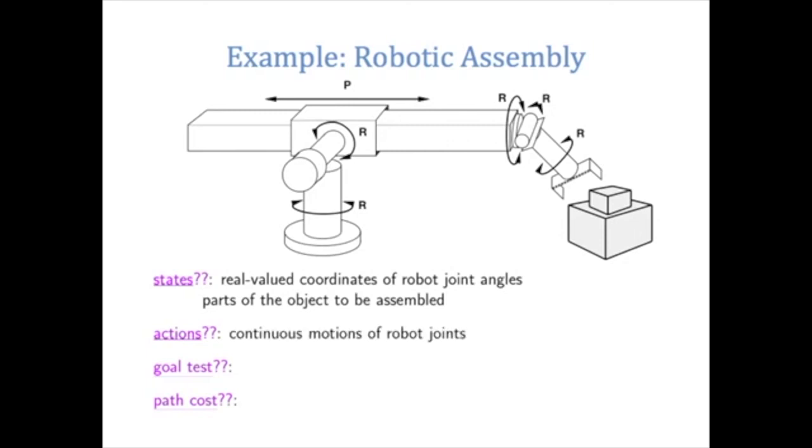The actions are continuous motions of robot joints, so we're going to have to talk about time and speed, things like that. The goal test will have to be the complete assembly, with the robot not being part of the assembly, obviously. The assembly has to stand on its own, and the path cost, we can say, is the time to execute. So that gives you some idea of the ways in which we can define single-state problems, and for the most part, we're going to be looking at problems that have discrete values for the